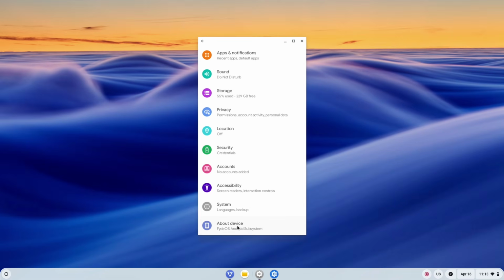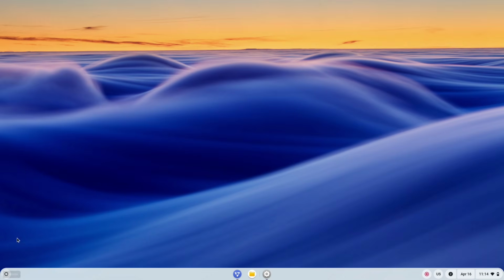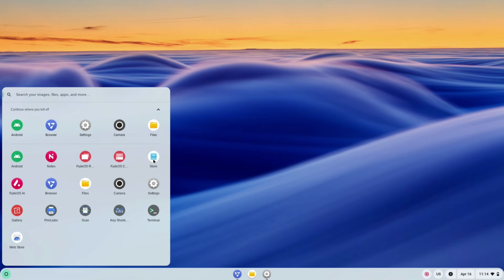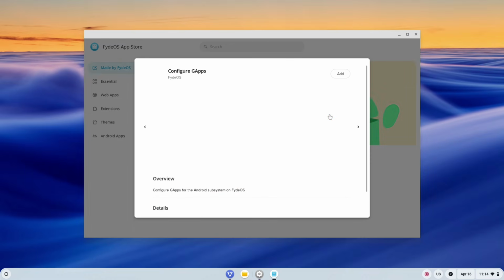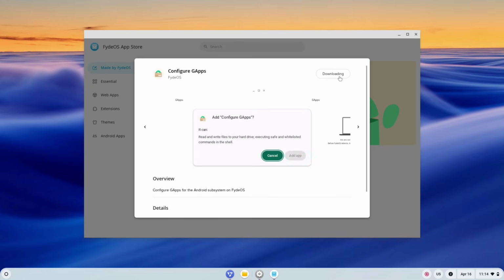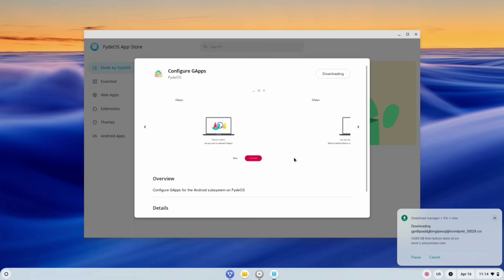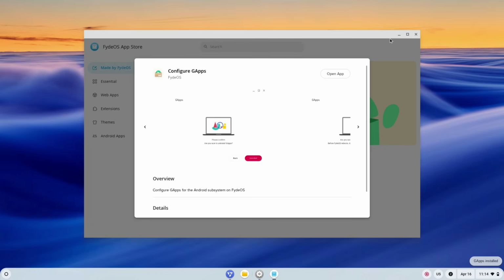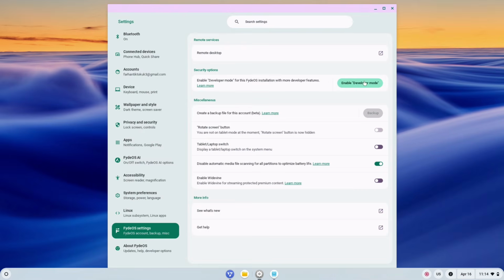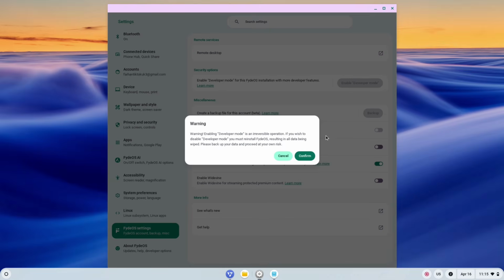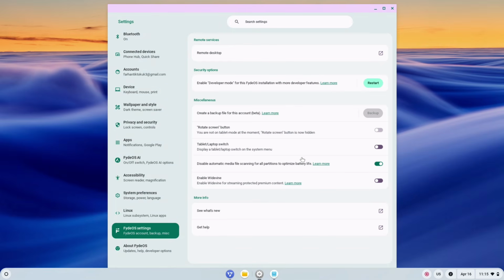As you can see, Android is now enabled, but right now, there is no Play Store support. So let's install it. Go to the store. Now, click on Configure GApps. Add this application. Once it's added, go to Settings. Enable developer mode, confirm it,